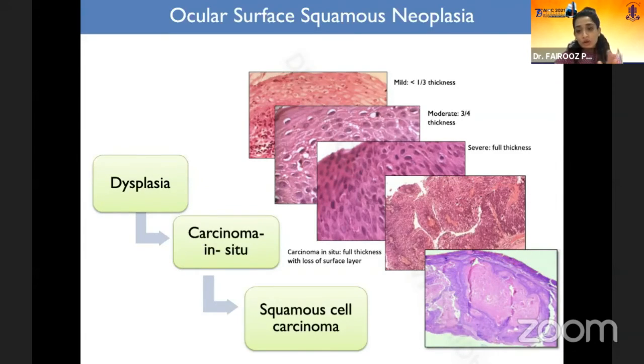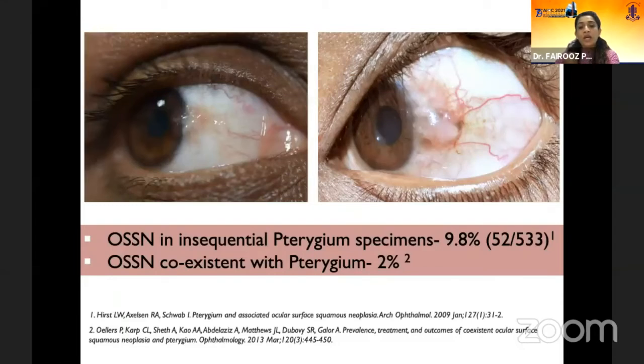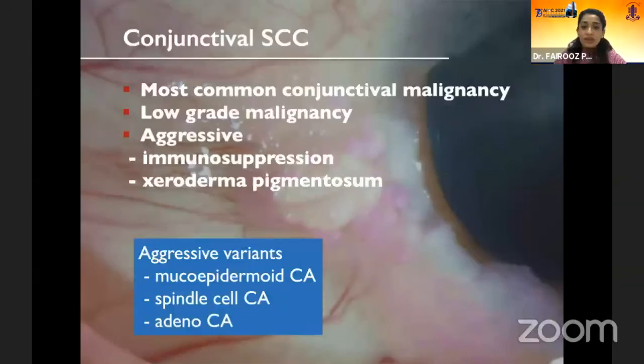So this is a spectrum of ocular surface tumors, neoplasia, starting from dysplasia, carcinoma in situ to squamous cell carcinoma. OSSN actually mimics a benign or inflammatory lesion, and the most common mimic is a pterygium or a pinguecula, and it is very, very important to identify and differentiate both. As you see here in a pinguecula, the vessels are there, but they are of very tiny caliber and very straight, whereas in an OSSN, as you can see here, the vessels are more tortuous and thicker as a feeder vessel, with the presence of abundant keratin on the surface. So it's very, very important to identify this.